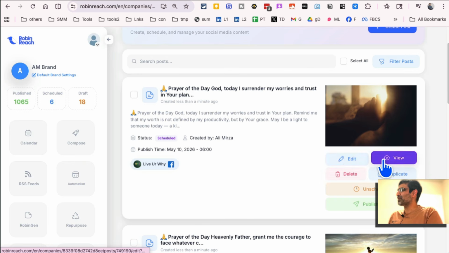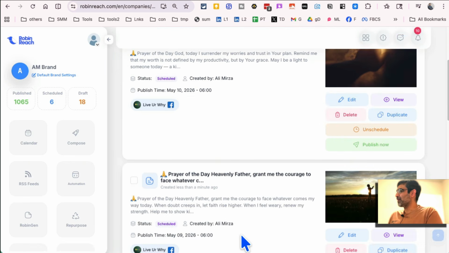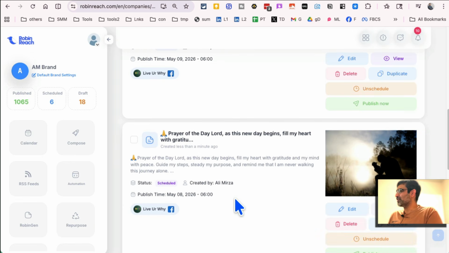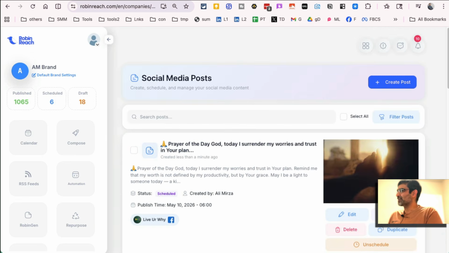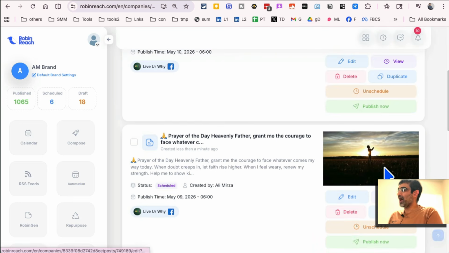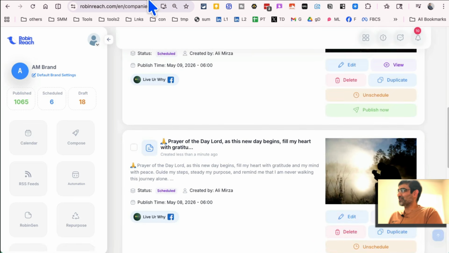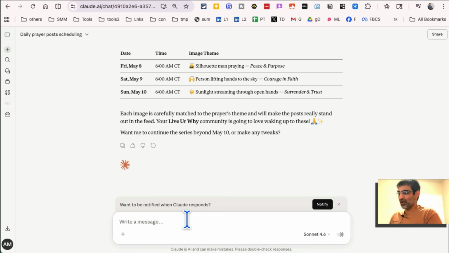So here's post number 1, which is 6 a.m. on May 10th, then 6 a.m. May 9th, and May 8th. So it looks like that's tomorrow, then the day after, and then the next day. And the images which were not there before are attached, right? This is so good. So now I'm going to say, can you